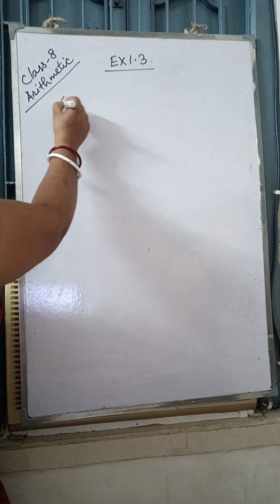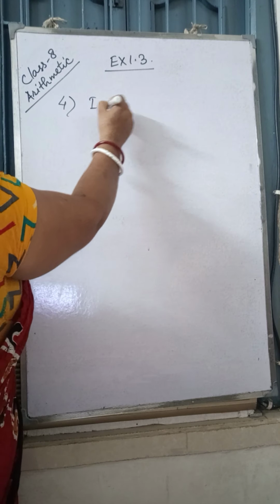Look at question number 4. Here you have given both the sides of the numbers and one place is blank. So in that place you have to write the suitable number. So what we do, we are going to compare both the sides, and the missing number we are going to fill in the book. You have to do it in the book itself. Question number 4 in the book.